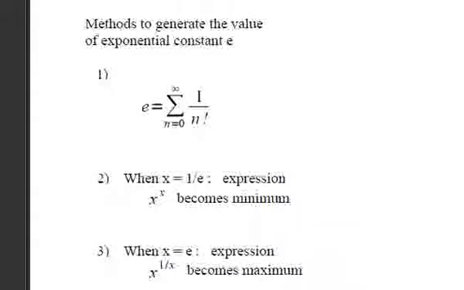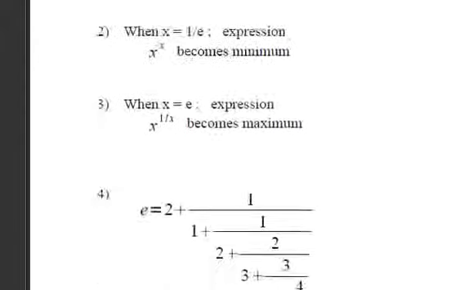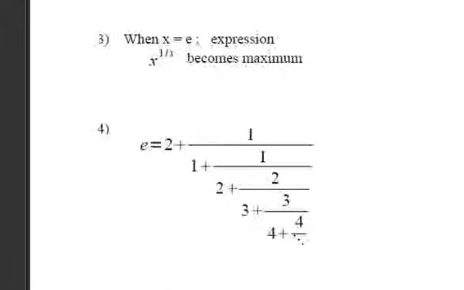Let's refer to that PDF file. Yeah. So here I want to try out method number 4 first. So the value of E is this continued fraction. If you observe this fraction, there is a pattern here. It starts with 2 plus 1 by 1 plus 1 by 2 plus 2 by 3 plus 3 by 4 and so on. So to generate this kind of a pattern, we can use Excel to find out the value of E. So let us try out how to do this.